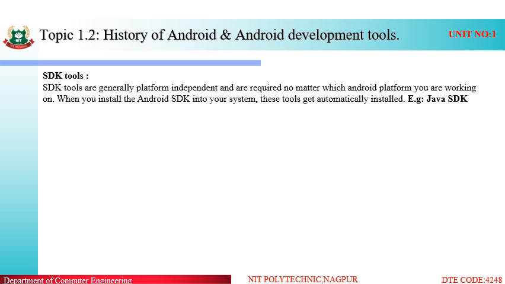When you install the Android SDK in your system, these tools get automatically installed. Whenever we develop an Android application, we have to install the Android Studio program. While installing Android Studio, this SDK will automatically get installed in our system. There are many SDKs, but for example we have given Java SDK.